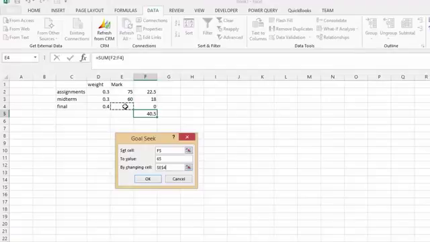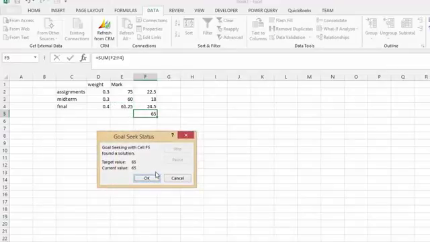So we'll click in this cell here, which is E4, and we'll say OK. And so for this individual to receive 65 as his final mark, he needs to get at least 61.25 on